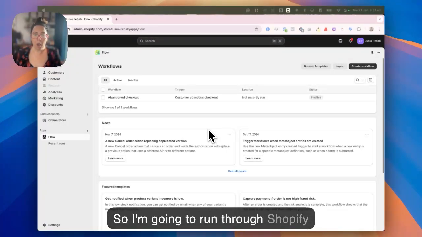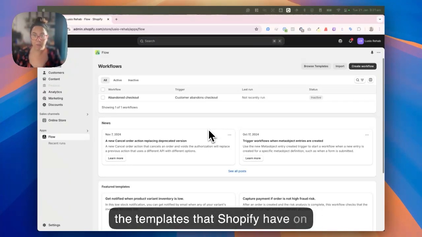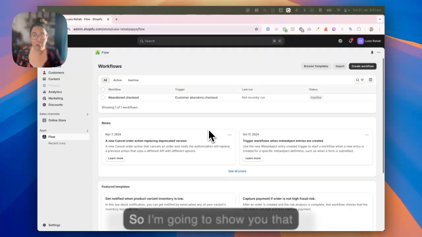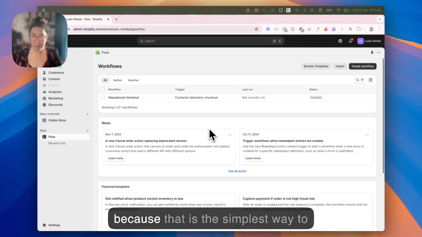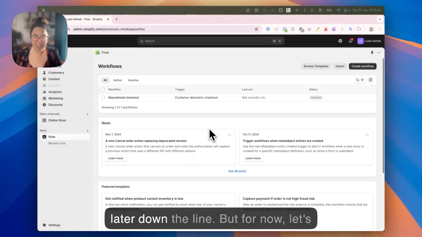So I'm going to run through Shopify today, and I'm also going to show you the templates that Shopify have on offer. Shopify, along with most other email marketing platforms, if they're worth their weight in salt, should have built-in templates that you can use as a starting point or just to really help you build what you're trying to do with email automation. So I'm going to show you that because that is the simplest way to do it. If you want to do anything outside of the templates, that might be a little advanced video that I do later down the line. But for now, let's start with simple templated